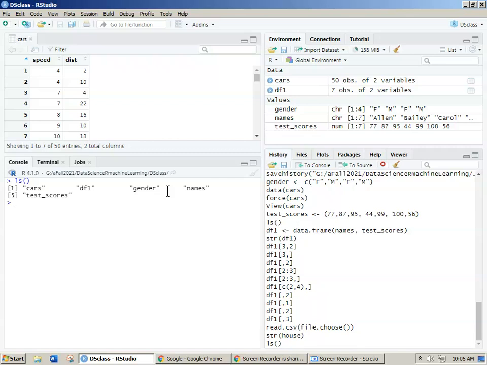Now we want to make a data frame, and we can only make a data frame from vectors that have the same number of records. Names has 7 records and test scores has 7 records. So let's go ahead and make a data frame from those two vectors. To do that, we make a variable, we'll call it df1, arrow, and then